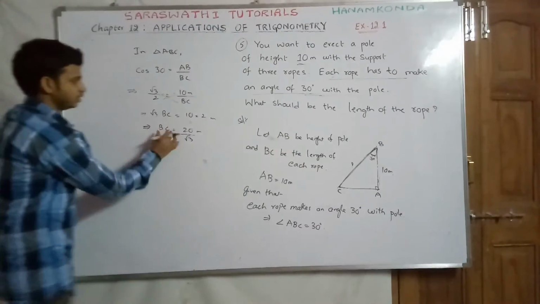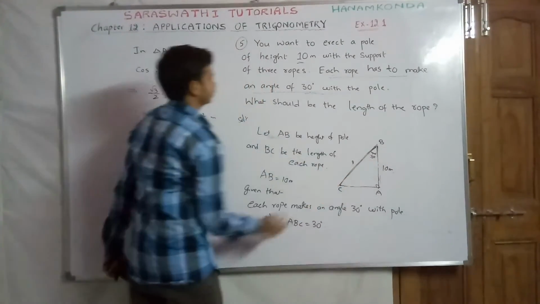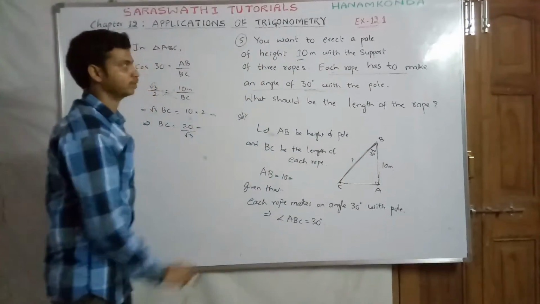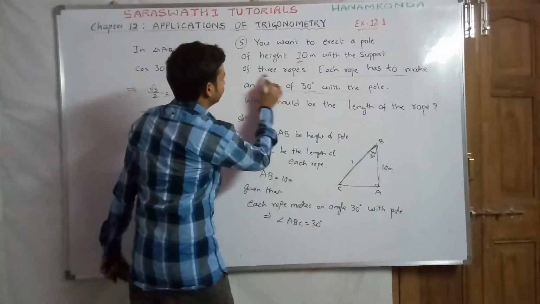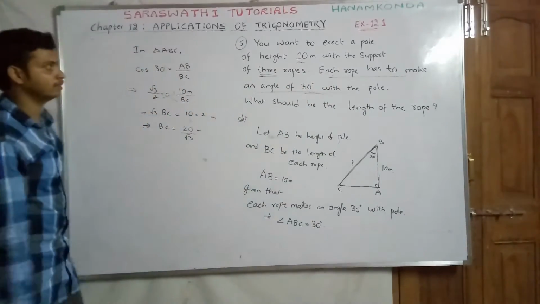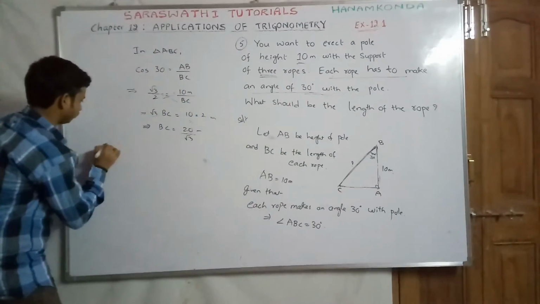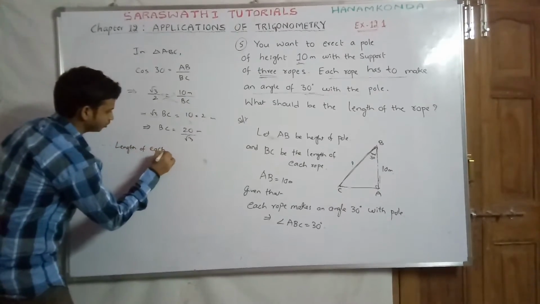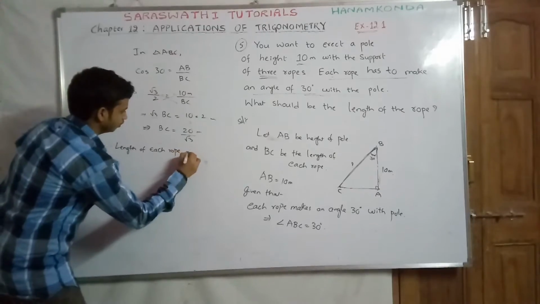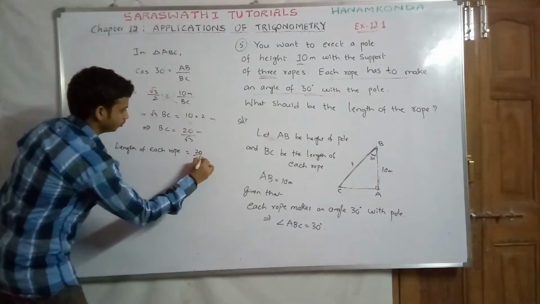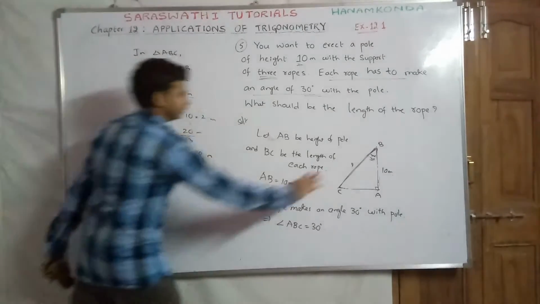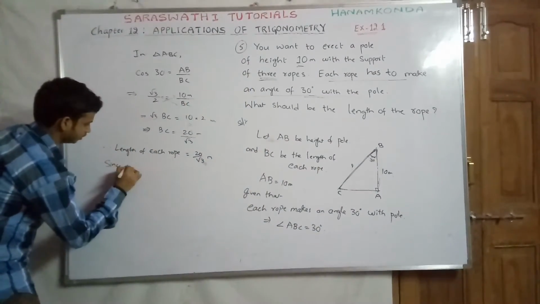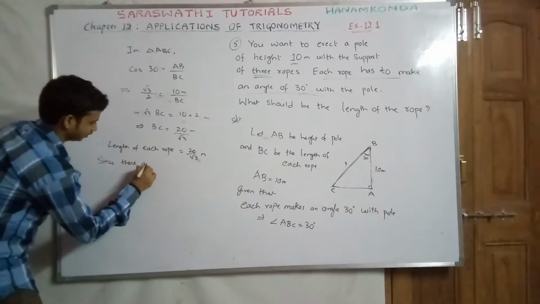This BC is the length of only one rope. Since the pole should be erected with the support of 3 ropes, we have to find the length of all the 3 ropes. Therefore, each rope equals 20 by root 3 meters. Since BC is the length of only one rope, and there are 3 ropes,